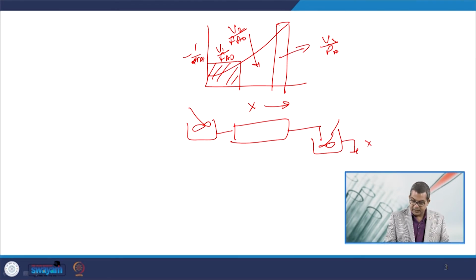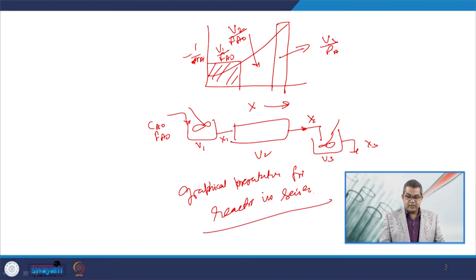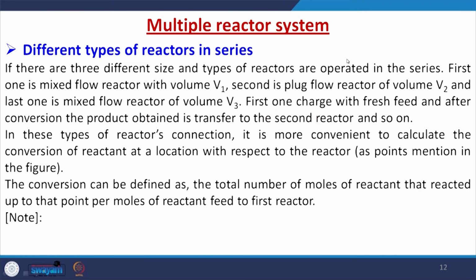Now here you are getting X3, and here you have CA0, FA0. Here V1, that is X1, V2, then this is V3, and here you may have X2 coming out, and there X3. So this is the graphical representation for reactors in series. This is the best way to look into the performance of these different types of